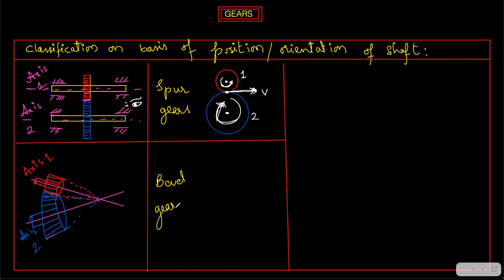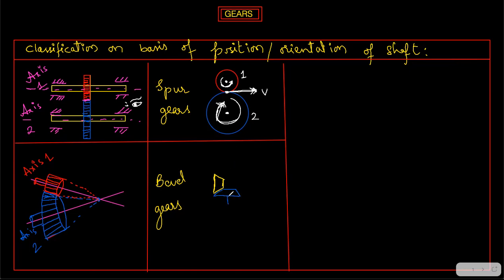Bevel gears. And in bevel gears, you have a special case, and that special case is called miter gear. Okay, how is that miter gear? Wherever the axes are intersecting, right? Axes are definitely intersecting. So let's see how they look. How are they going to look? Yes, this is one gear, and then we have the second gear like this. This is the second gear.